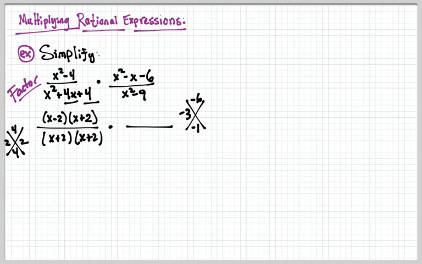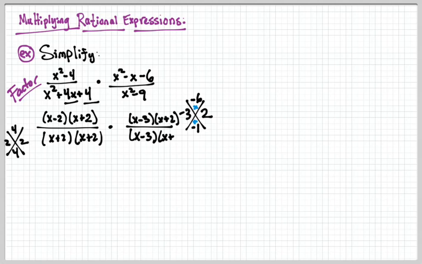So I know that negative 3 and 2 multiply to make negative 6 and add to make negative 1. So my answer here is x minus 3, x plus 2, and then another difference of squares, x minus 3